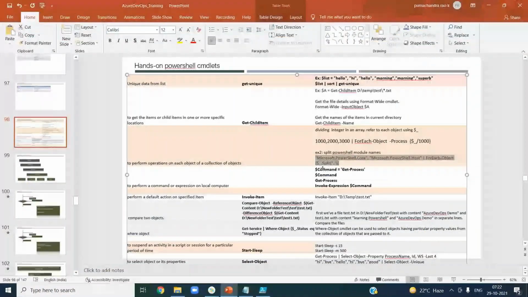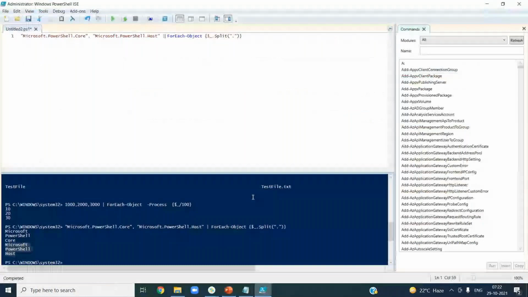Similarly, I listed some items, like how you invoke or execute a text file or an exe file, or how you open some files. Let us say I want to open a file inside my directory.